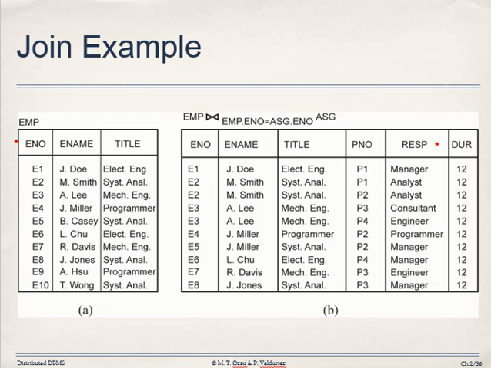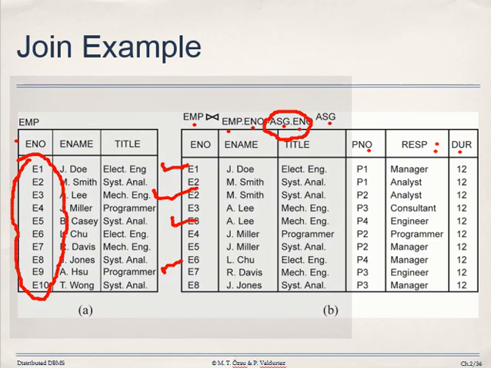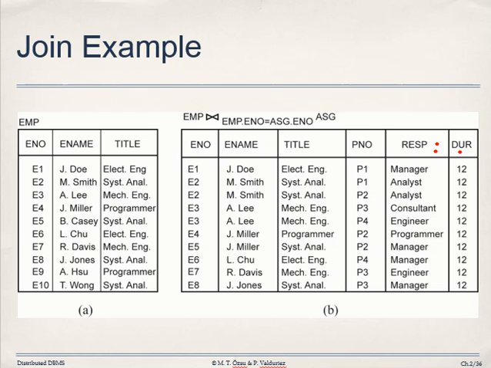Here we are making a theta join with the employee and ASG table, with which condition? Employee number and ASG number. So here we have a set of employee numbers, and this employee number we will compare with our ASG employee number, and this is the result of the theta join with respect to ASG. Okay, so up to title we have the employee table, and the rest is from the ASG table, that is project number, responsibility and duration. You can check the previous lecture for all the tables that we have already listed.